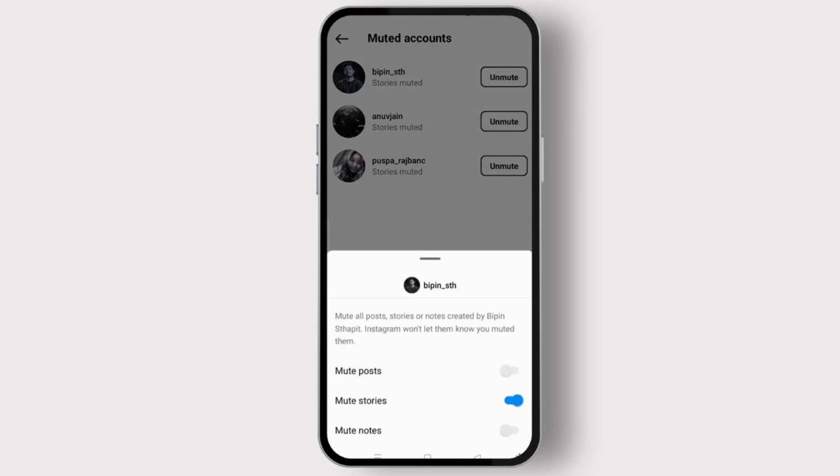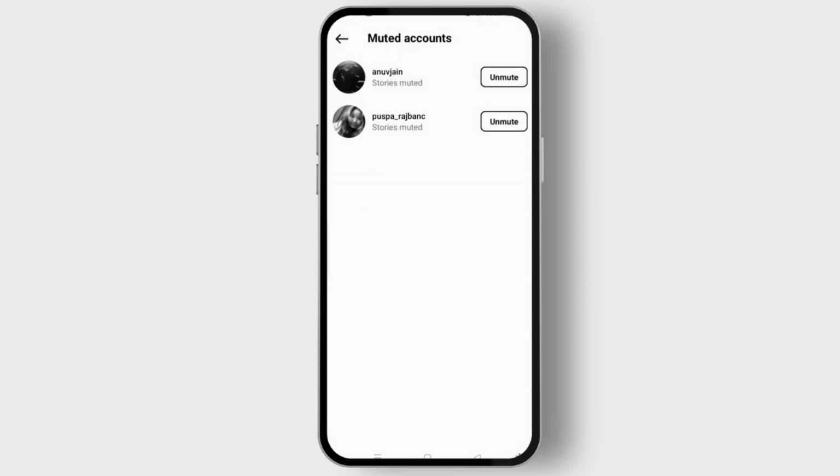Now you have to toggle off the mute stories button, and that's how we can easily unmute a story on